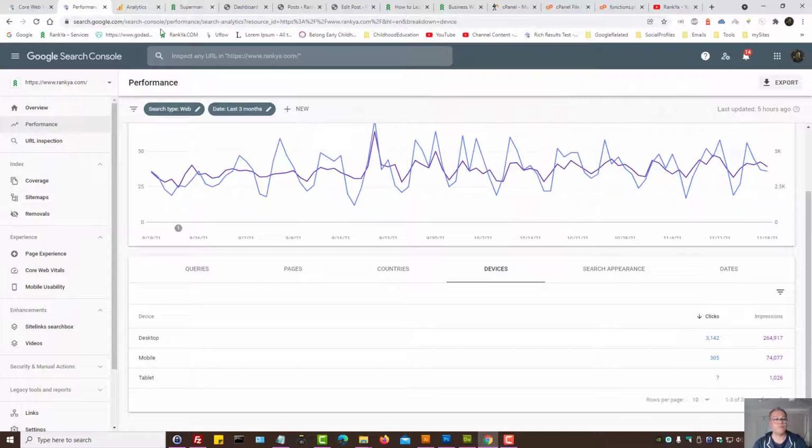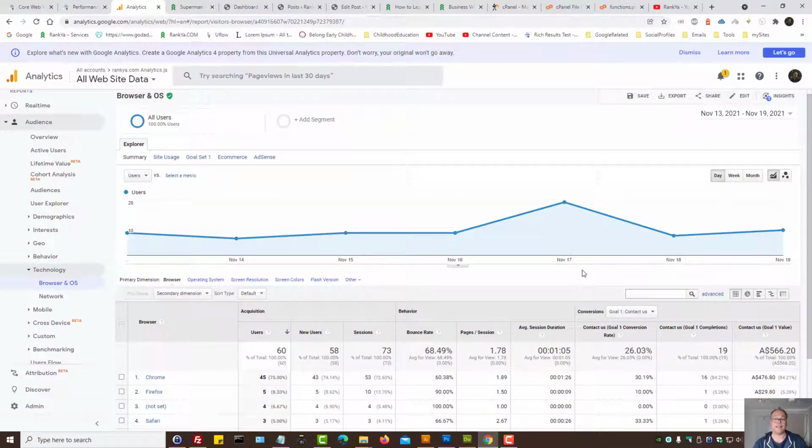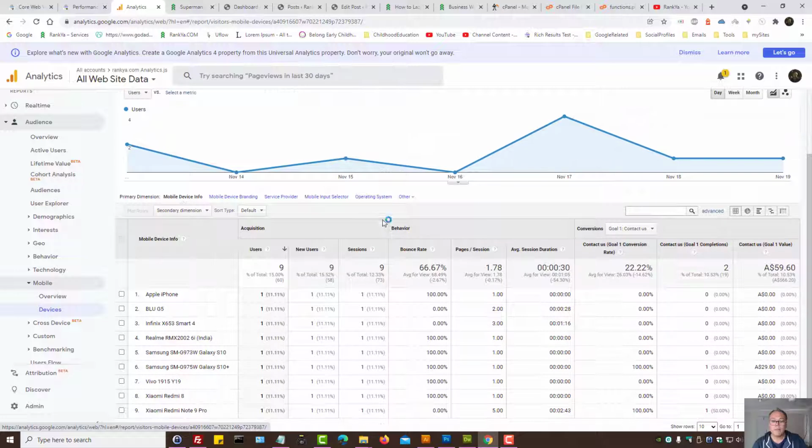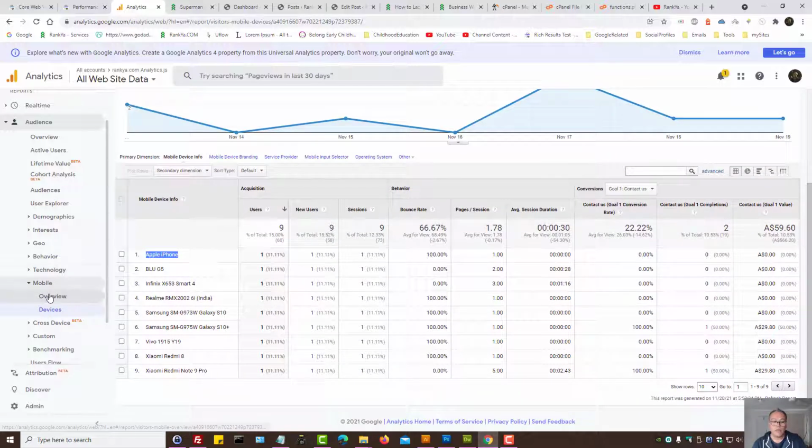But if you're utilizing Google Analytics, then under the Audience tab, under Technology, you can explore the browsers that people are using the most, and the mobile devices that they're using the most. Make sense? Here, Apple iPhone, we've got